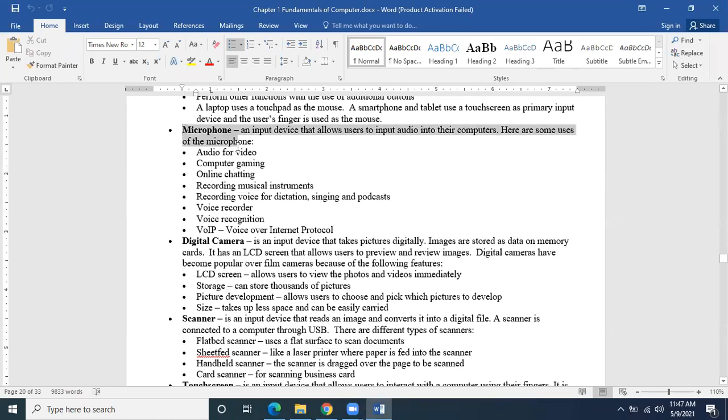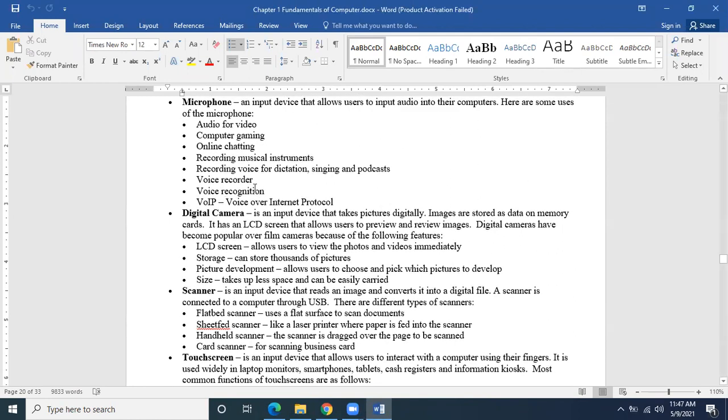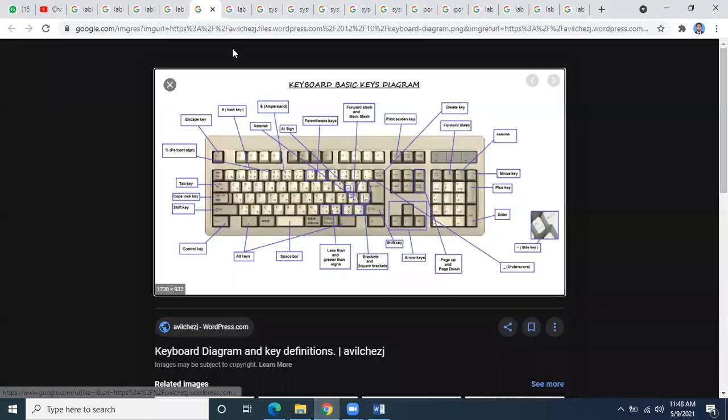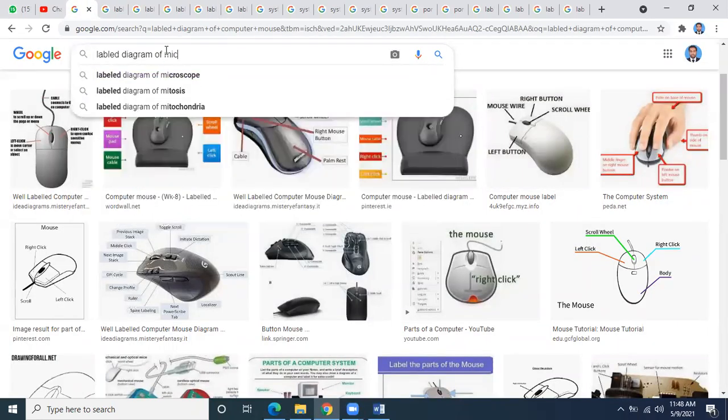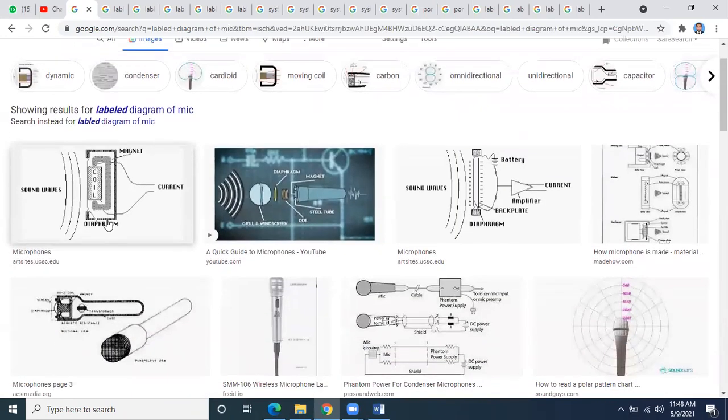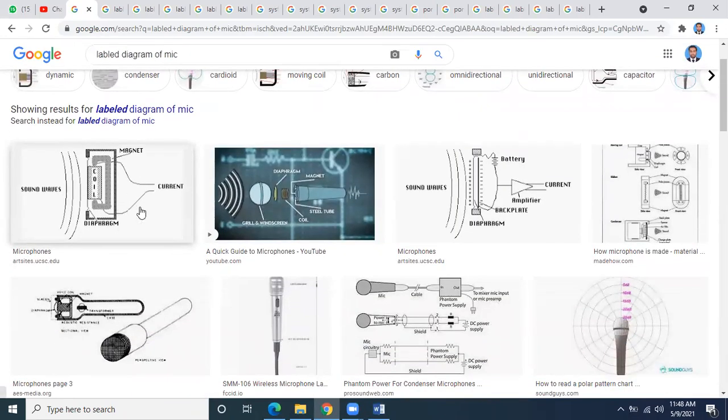Now if we come towards the microphone, it is also a very common device which takes the longitudinal wave of sound and converts it into an electromagnetic signal, and that is entered inside the computer system, inside your sound card, and the sound card converts it into digital format. So the mic is the most commonly used device for input. It is only an input device. There is a specific mechanism inside which converts this longitudinal wave into an electromagnetic wave.